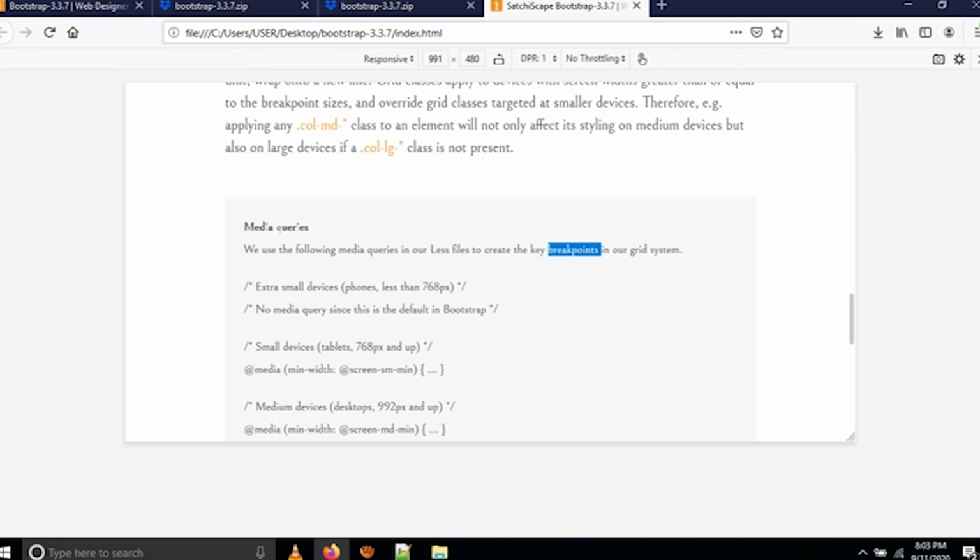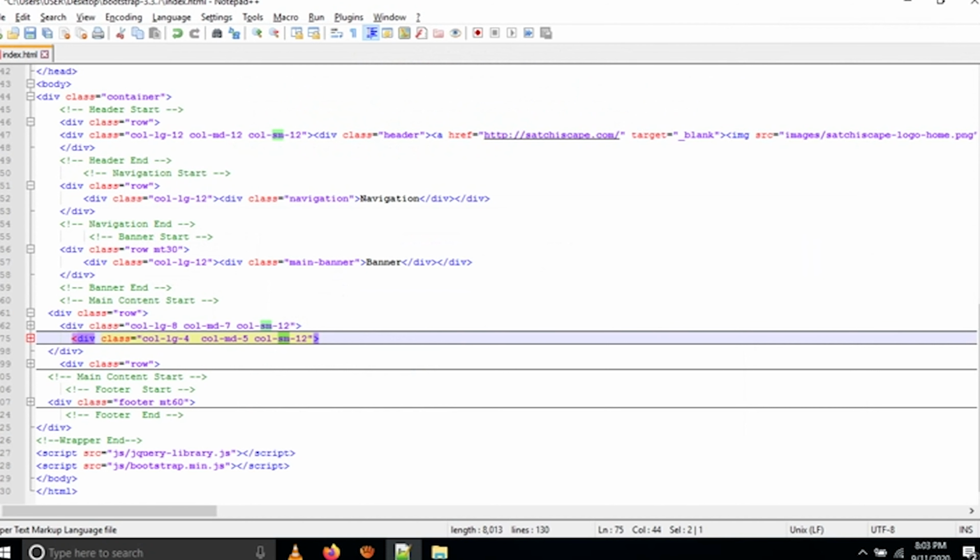Bootstrap is mainly unified, everything is unified as per tab and mobile systems. You have to write accordingly in Bootstrap. See, col LG 8, col MD 7, col SM 12, col LG 4, col MD 5, col SM 12. Okay, what you want to show in your tab, what you want to show in your mobile, what you want to show in your system, you define it here.